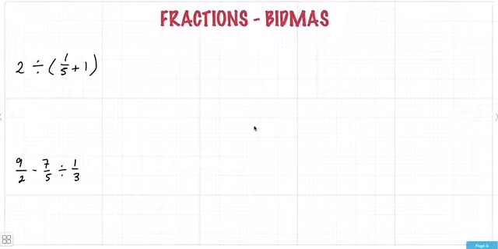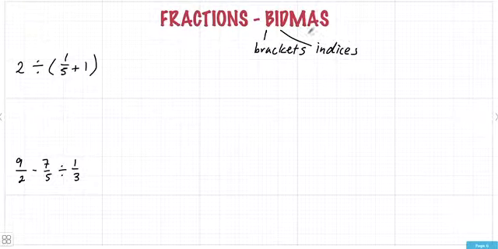So BIDMAS, or order of operations, we also have to use that with fractions as well as with integers. And hopefully you remember that BIDMAS, we've got brackets, we've then got indices or powers, then we have divide, multiply. I'm just going to put their little signs above there. Divide, multiply, add, and subtract. So we have 6 things that we have to do in a particular order, and we always go left to